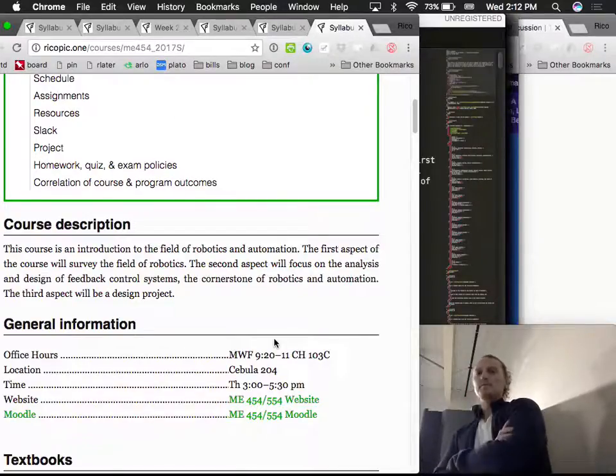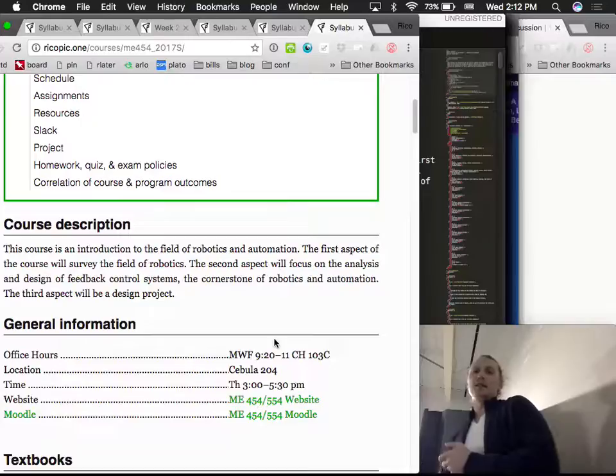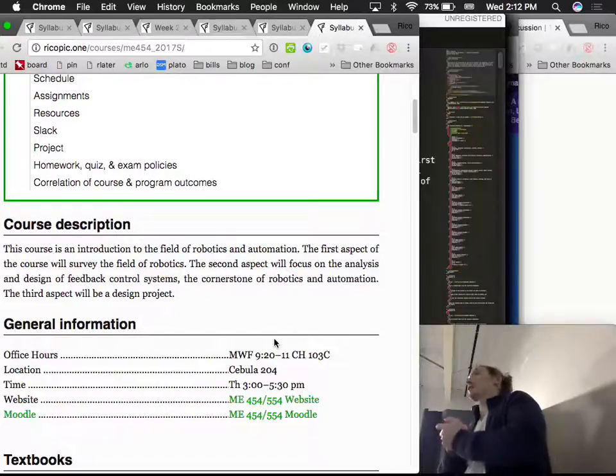The second aspect of this course is feedback control systems. So you cannot do robotics or automation unless you know some control theory. And we did a little bit of it at the end of your system dynamics course last year. Well, not for all of you, but